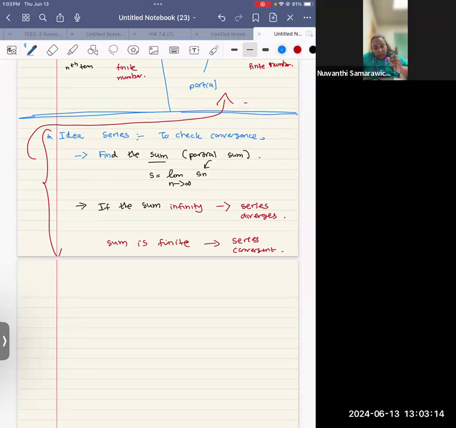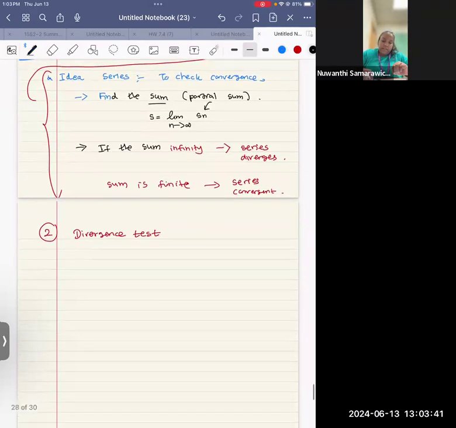Okay, so this is one way of showing whether the series is convergent or divergent. The next important one is the divergence test. The divergence test is another way to check whether the series is divergent. Remember, let's write the definition, then I will explain. So the divergence test means if we have a sequence,